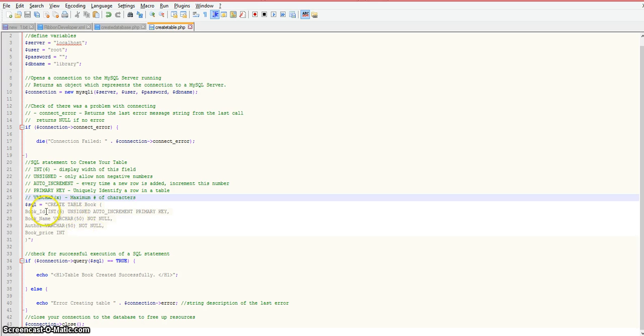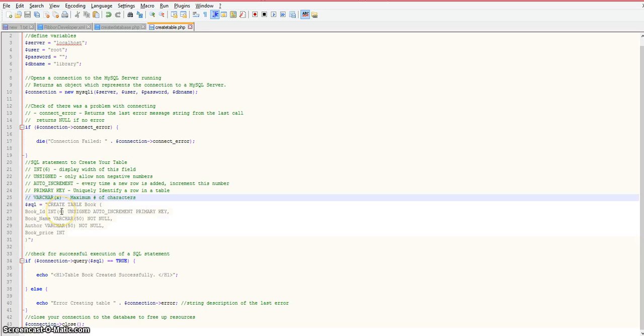So what we're doing here is we're going to create 4 different fields. One called book ID, next one called book name, next name author, and the last field name will be book price, book underscore price. So we're going to define book ID, book underscore ID, as an integer, and when we pass in a number,